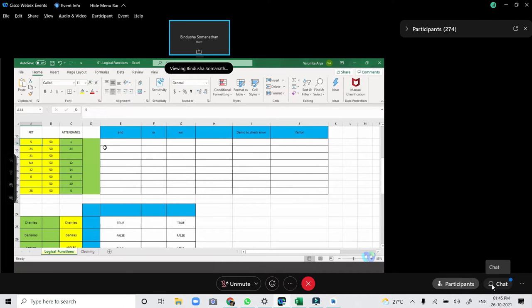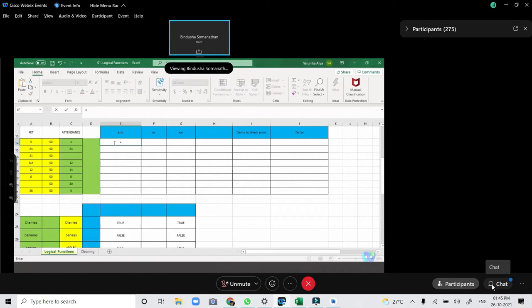So what I'm trying to figure out is people who have scored greater than 20, with the score greater than 20 and their attendance greater than 15, let's say. So how is this formula going to help us?